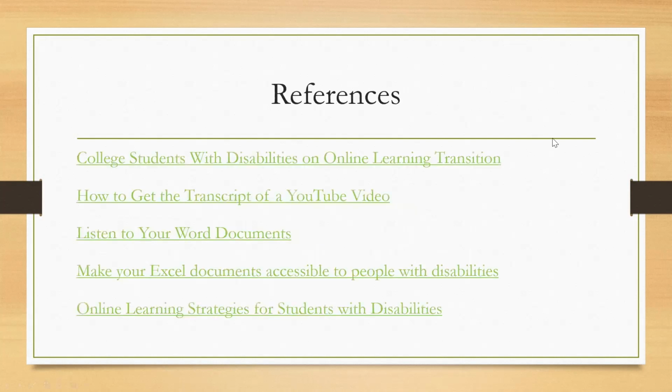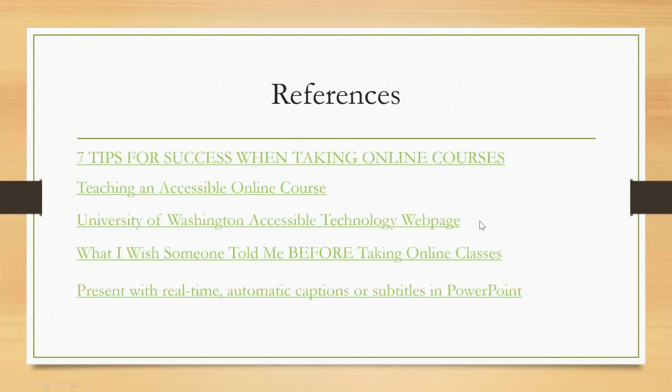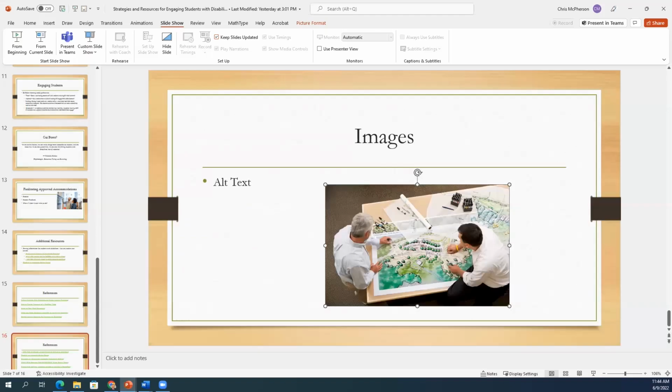But here's some of the references. Again, I think everything is referenced here that I brought up or talked about. So even how to make your Excel documents more accessible, I didn't go into that in great detail. But that and very detailed alt text are some of the more difficult things to work through if you don't have a good source document to start out. So that is what I have for today. So I'll open it up for questions,